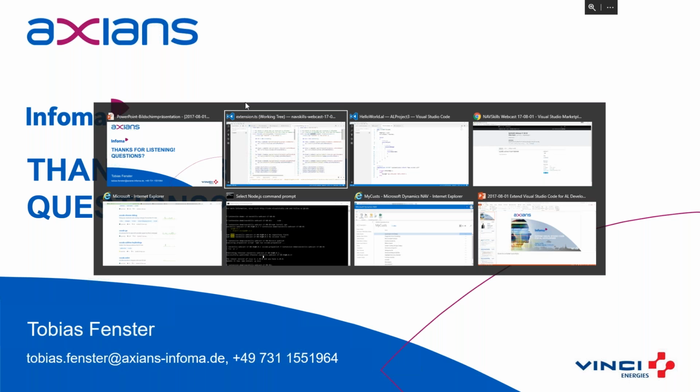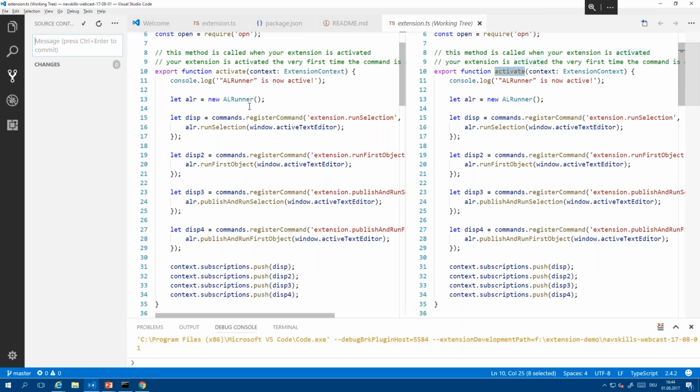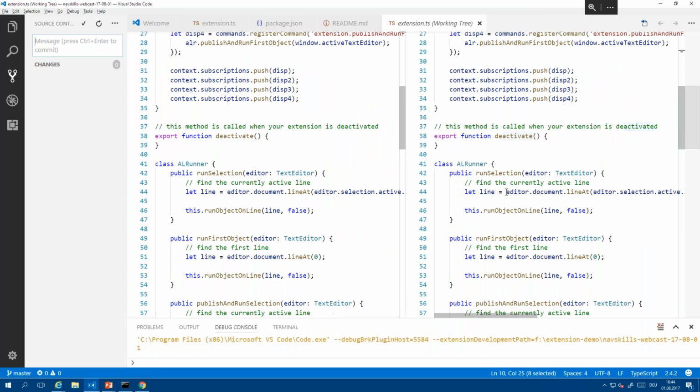Can you get the entire contents of an object and then write code against the object? Yes, what we're doing here is we are getting the editor and the document, and then you would have to do some parsing of the document to find the actual object. I think that shouldn't be too difficult, as the syntax is not too difficult. But I would also be interested to see if we maybe get some extension points by the AL extension to do exactly that. Maybe we can access something there, but I haven't seen anything like that yet. But as this is work in progress, it might follow.